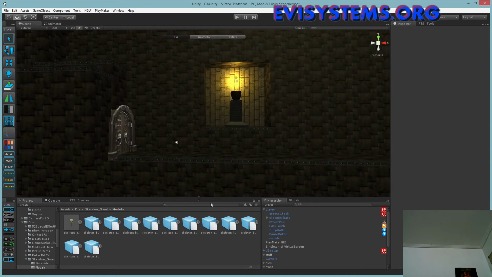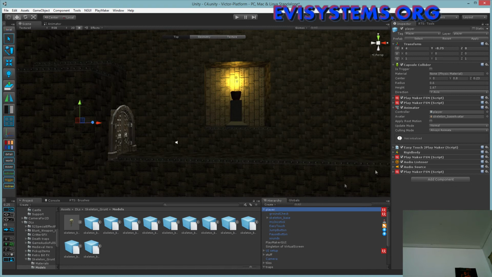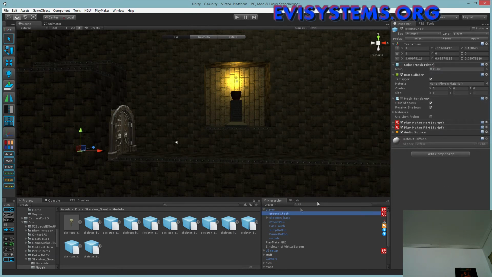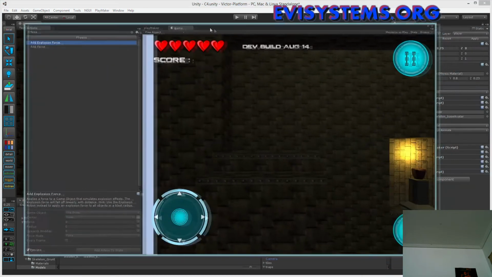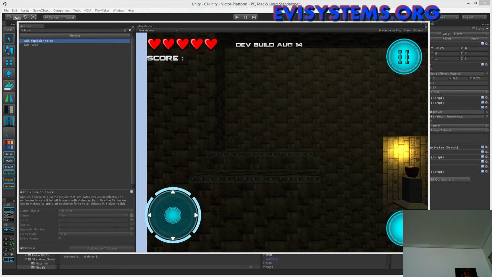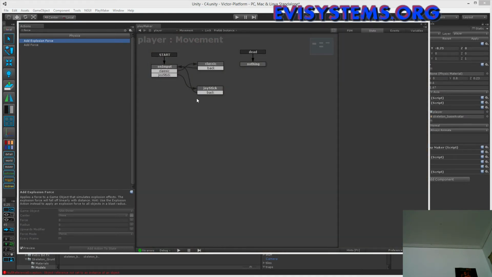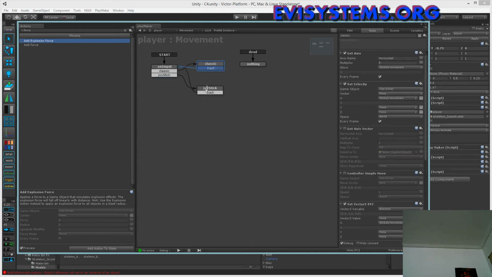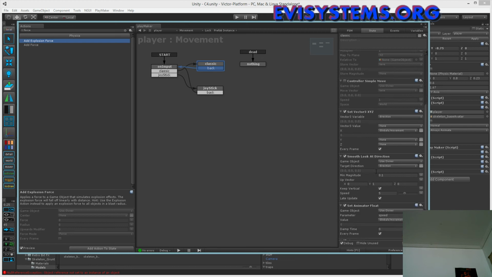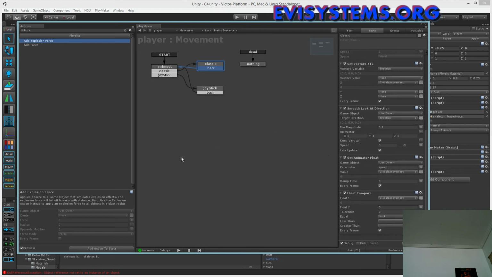In playMaker, I have my player. You can see I have 4 FSMs right here. I have 2 right here. So let's check out one of them. So let's get rid of the game window. There we go. And I have my movement. Well, this one is a bit odd because